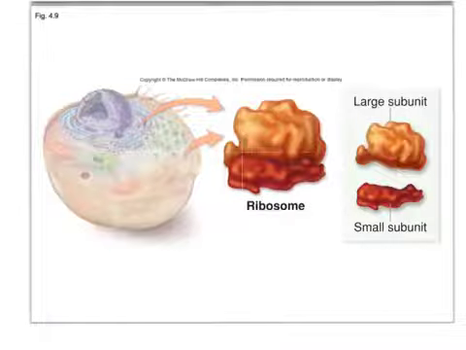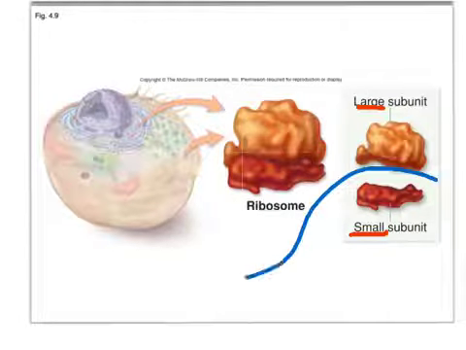Okay, here are our little buddies, the ribosomes, and ribosomes are responsible for making, this is the site of protein synthesis. So they are composed of two subunits, oddly enough, a small and a large, okay? And these come together, and they will actually come together around, and we'll use blue for this, a ribbon of mRNA,